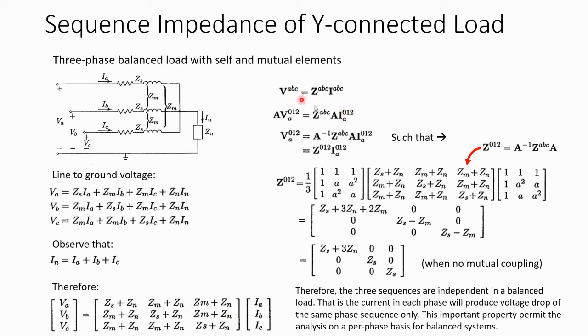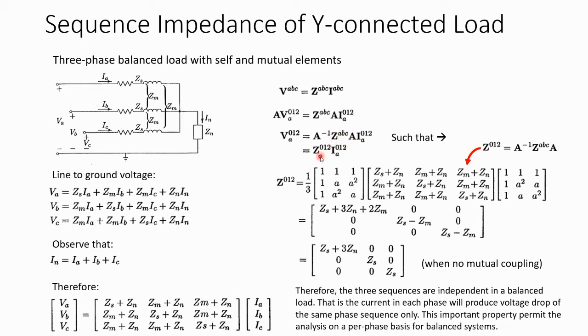So from here to here is nothing complicated. The phase quantity can be converted to the symmetrical component as such by multiplying the A matrix, as established in the first part of the video series. And then we can rearrange these equations by multiplying A inverse on both sides of the equation, and then it looks like this. And then we have this unique term over here, A inverse Z ABC A,